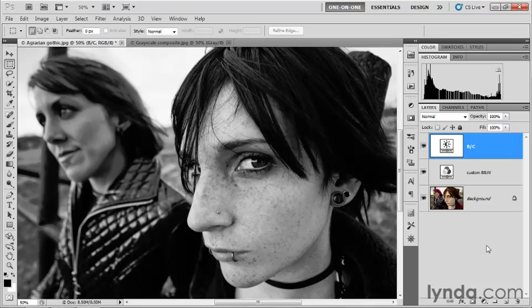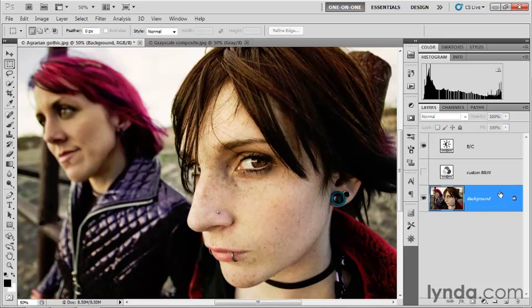All right, so that's one take on things. Let's try something different. I'm going to leave that BC layer intact because no matter what, it's going to well serve our black and white needs. I'll turn off this channel mixer adjustment layer because, after all, I want to apply a slightly different adjustment, but I know what I have in this one is actually really good, so I don't want to lose it. So why not just set it aside, just turn it off, and then go ahead and click on that background layer once again,